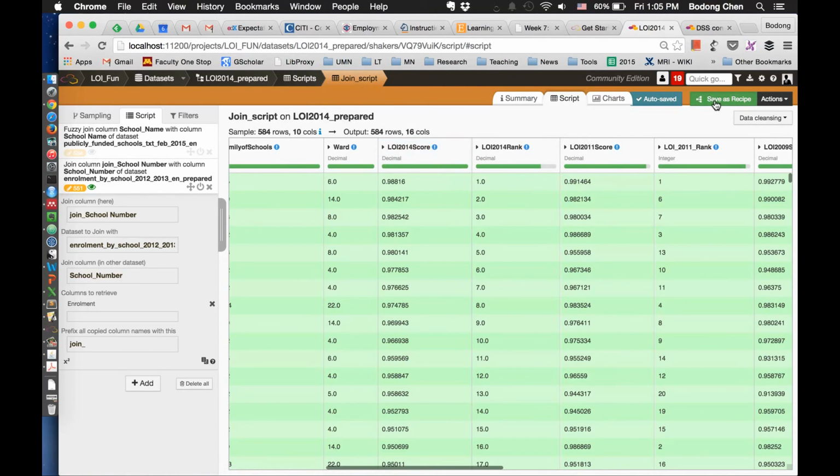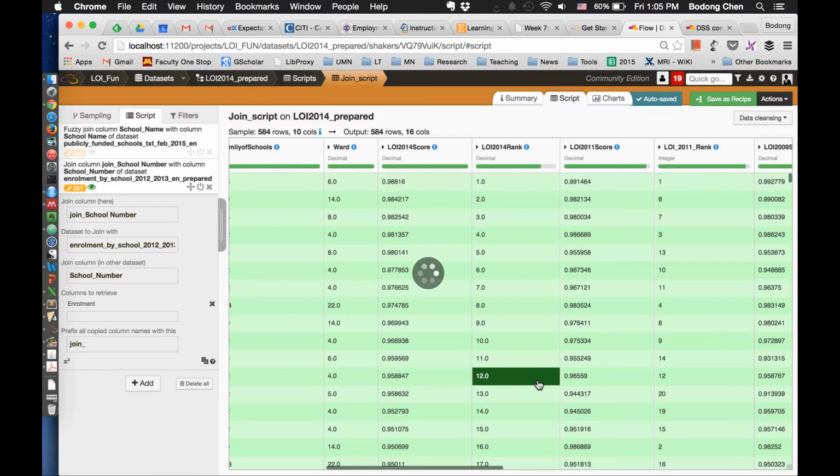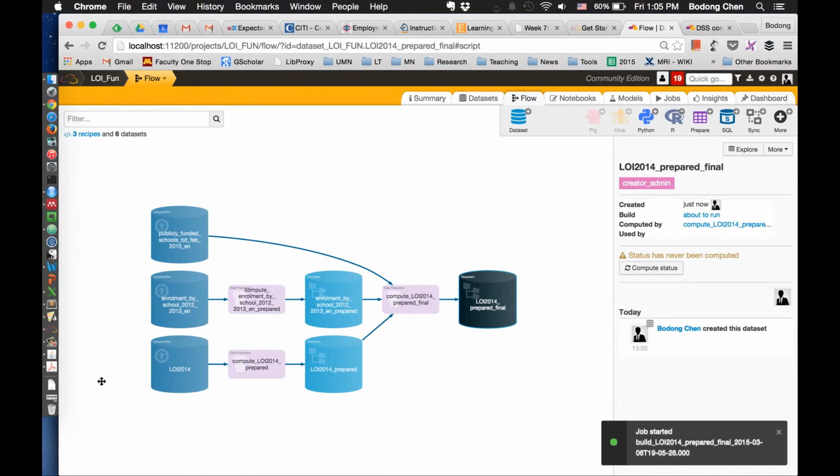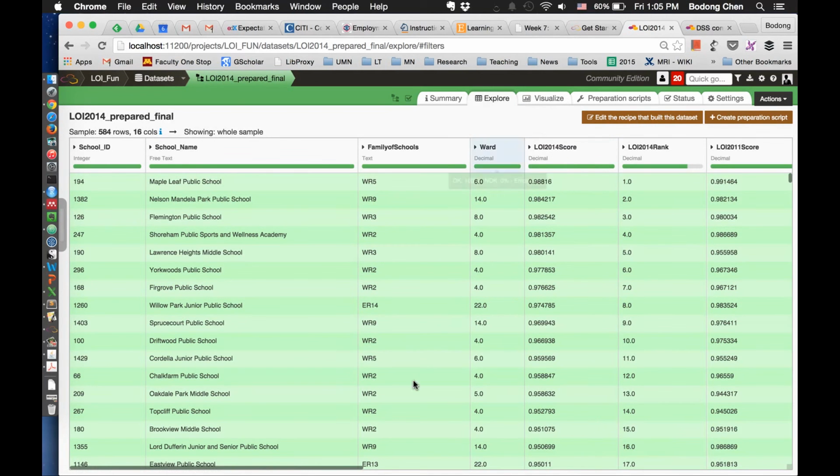First of all, let me save as a recipe and build a new data set. And let's name it final and build it. So you can see this flow has been updated to represent the process we have gone through. And then right now we want to use the final data set to explore it and answer some